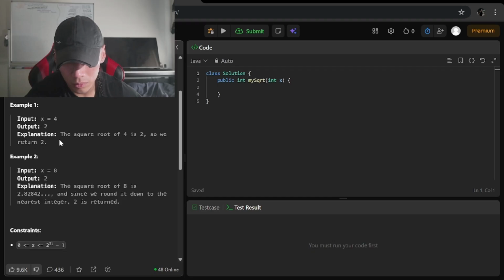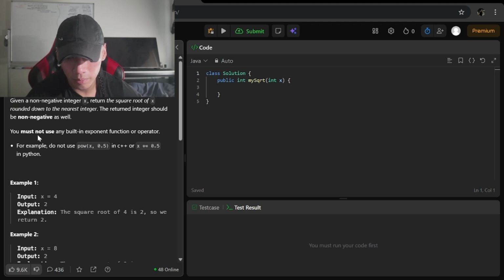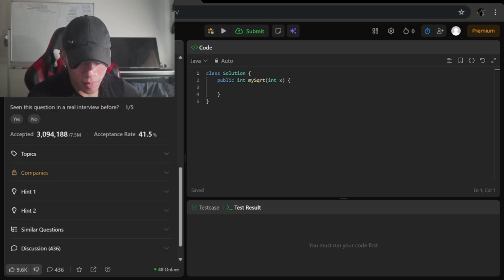I know you have to use binary search, but it's the logic which I understand. To calculate the value, it's going to be middle times middle. That's the logic for squaring a number.